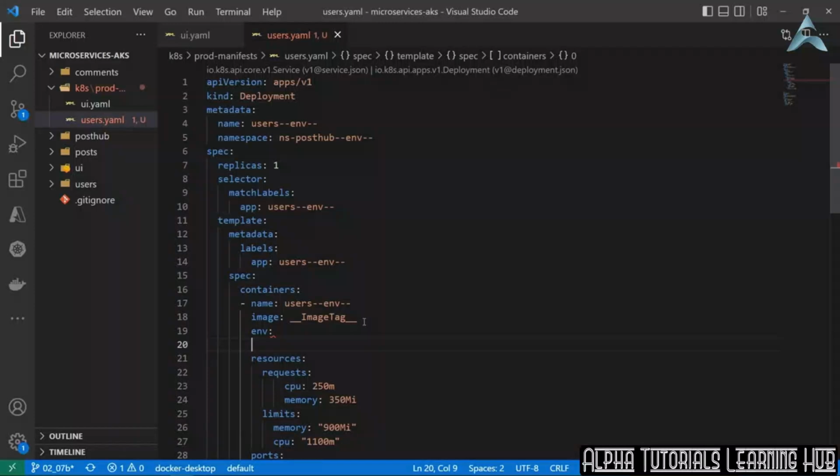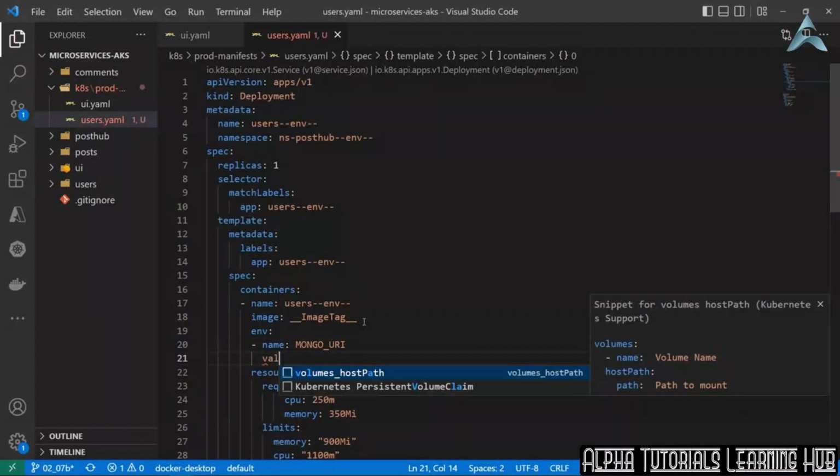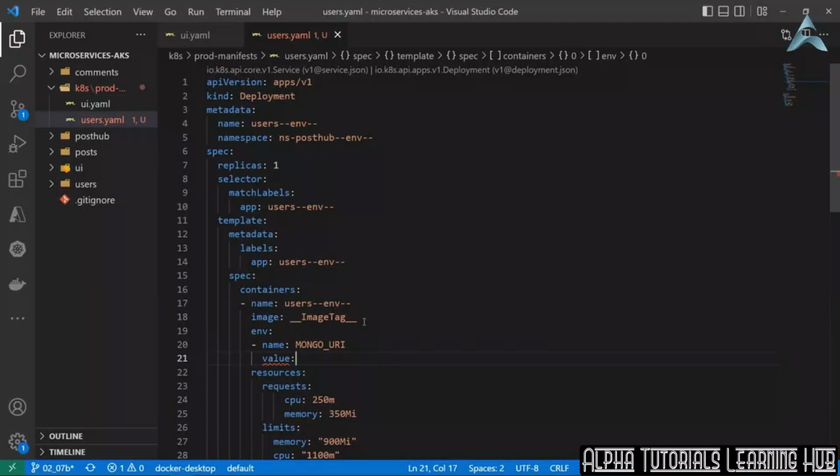Create a new line, and there we would have dash name, colon, and the name would be MONGO_URI. Create a new line, press the tab button, and then we'd have value, which would be mongodb